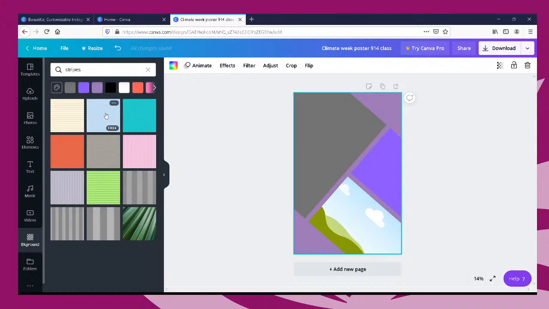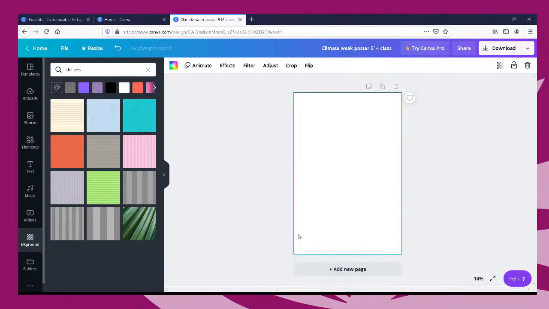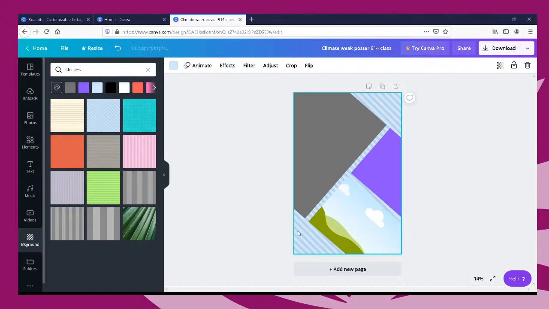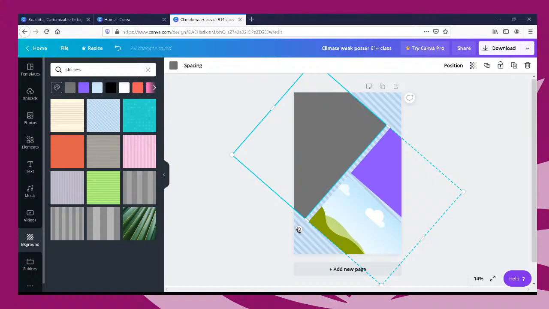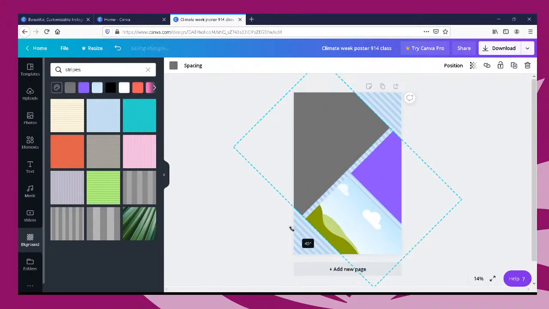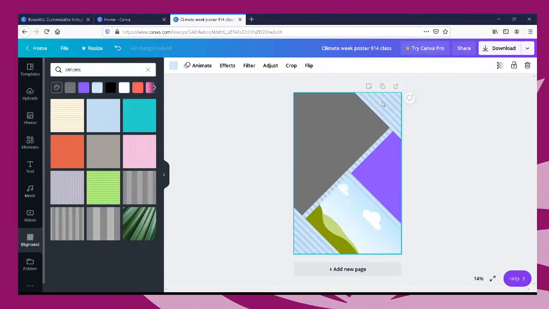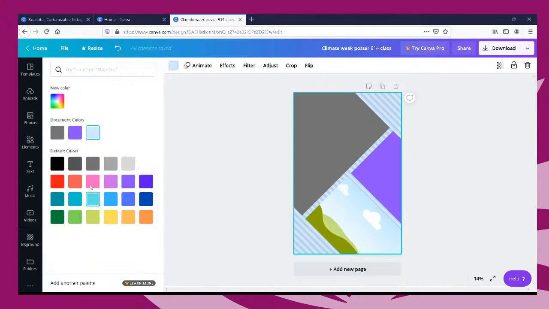All of these, I believe, are free. So if I wanted to grab this striped background, I'm just going to pop it in there, or I could have double clicked and it would have gone in. I have to adjust the angle of my grid here, but that's okay. It's really easy to do. So I have this grid, and I moved it. Great. Now I can click on this, and I can go in,